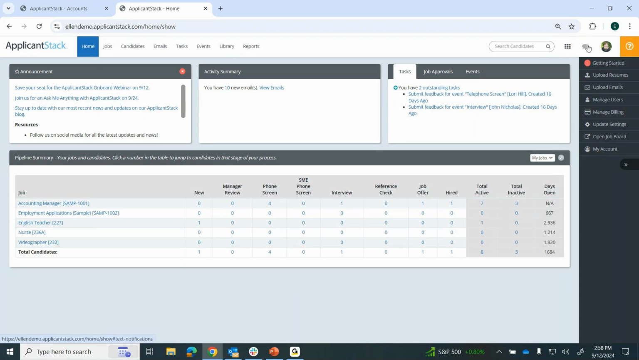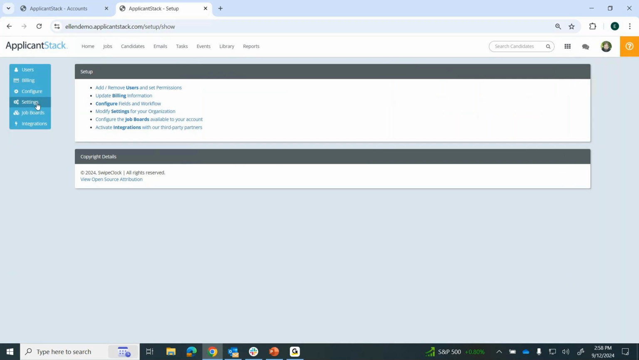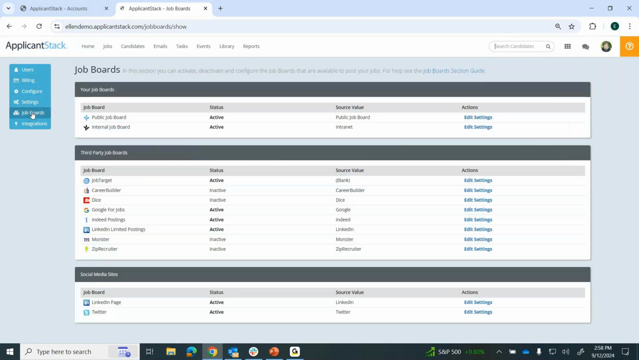I'm going to go back to my picture. I'm going to click on Setup, move to the blue menu, and click on Job Boards. So these are the job boards that we integrate with, that you have the ability to launch your jobs from ApplicantStack. You can post them on your public job board. If you have an intranet, we can post on your intranet as well. Third-party job boards that we integrate with that are free of charge include Google for Jobs, Indeed's organic free feed,